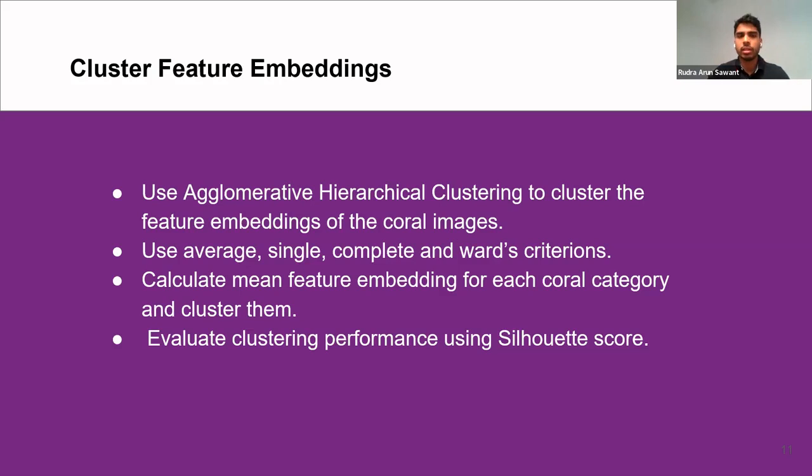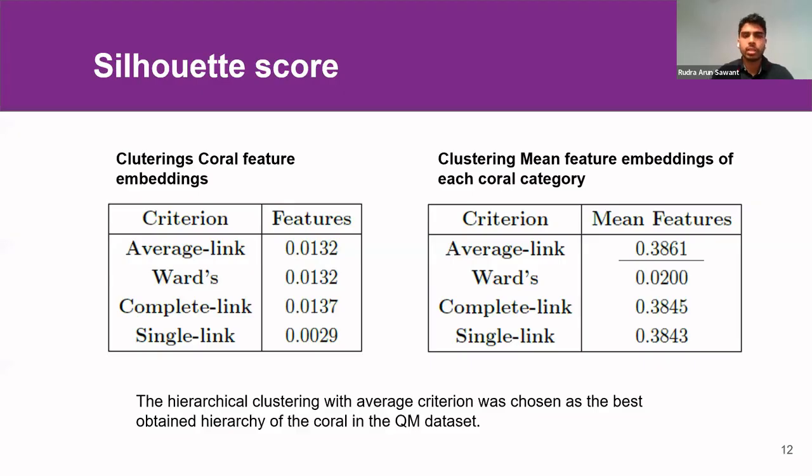And the performance of these different clusterings was evaluated using the Silhouette score. The Silhouette score basically gives you an idea of how much the clusters in the clustering overlap on each other. It is between 0 and 1. A zero means basically that all the clusters are overlapping, and 1 means that none of the clusters have any overlap between them. So for the clustering done on each of the coral images, we found a very low Silhouette score,